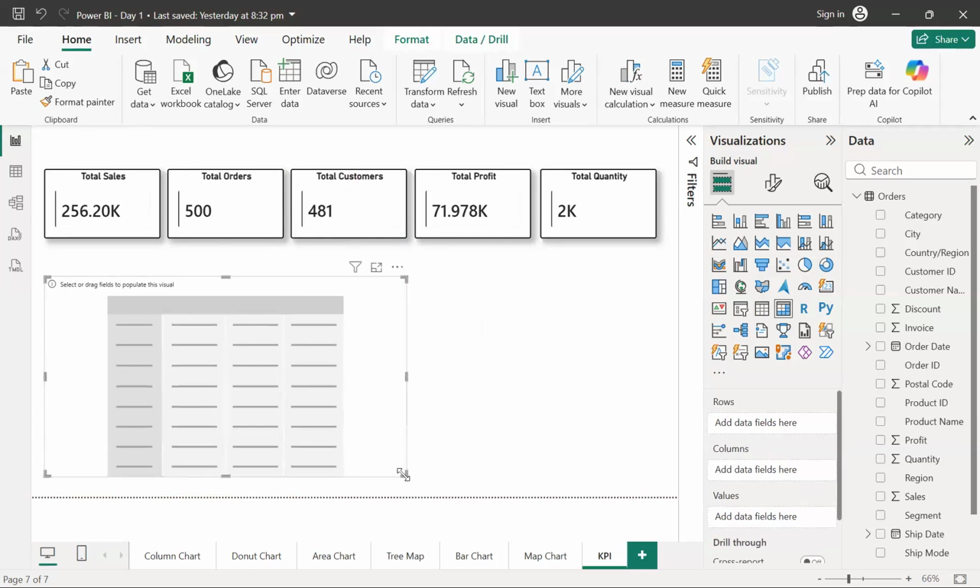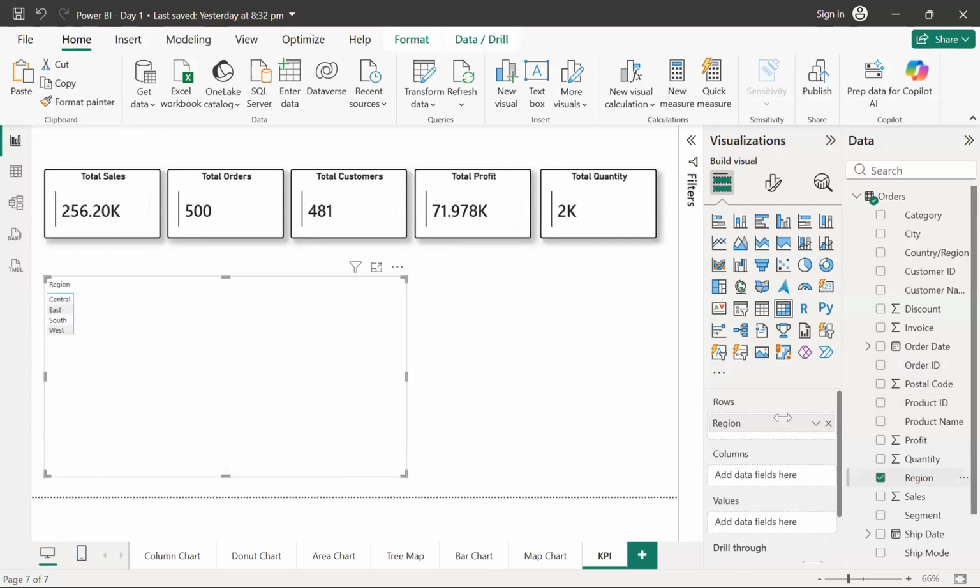Now in the matrix, guys, the table or the matrix is the visual where you can bring all the numeric information in one single place and check it out in a tabular format, to see what information we have. Over here, we can take the region column into the rows.